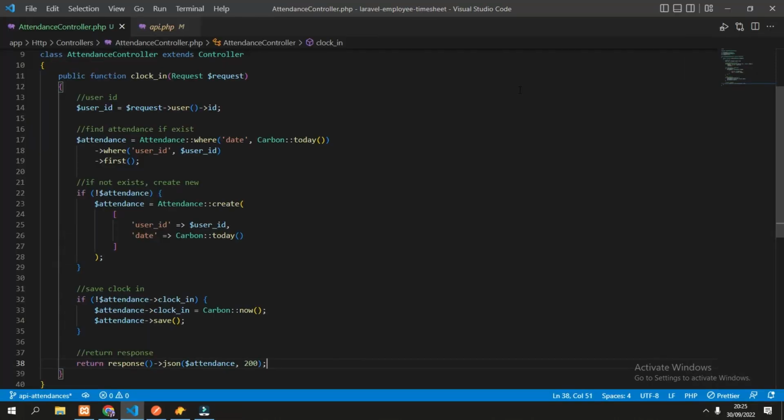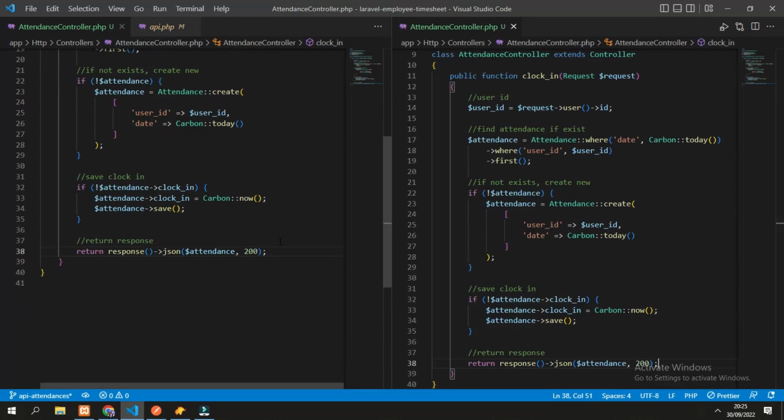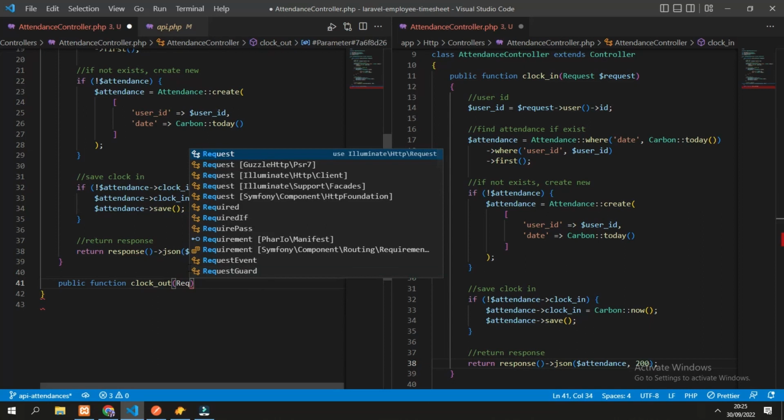For the clockout function, it can be very similar to the clock-in function, and we can copy most of them. So let's split the screen and let's create the clockout public function, clockout with a request object.